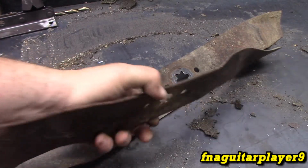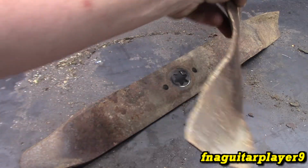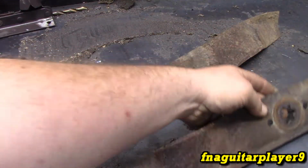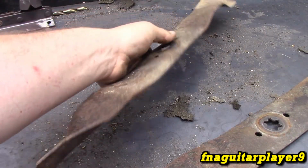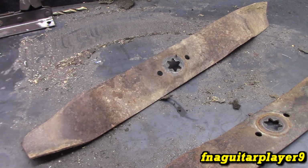I'm definitely going to need a new set of blades here soon. Hope I can get at least one or two mowings out of it. These are chewed up pretty bad. One of these is bent. I saw it, I can't remember which one it was now. This one here, it's bent down. So I'm going to have to try to straighten that up the best I can and get a couple mowings